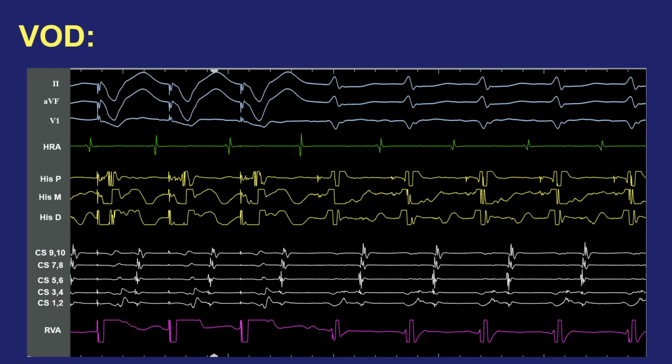Here's another scenario where we did ventricular overdrive pacing, and here is a one-to-one tachycardia that we see at the right half of the screen with a long VA time, and here we have the last 3 beats of ventricular overdrive pacing, a little bit faster than the tachycardia. Let's just look for a moment at the SVT itself and see if we can use anything to distinguish and cross anything off the list